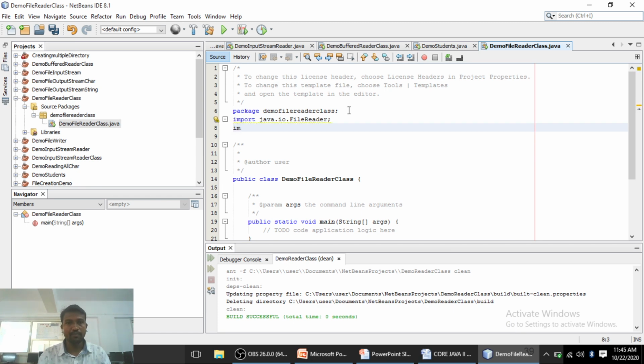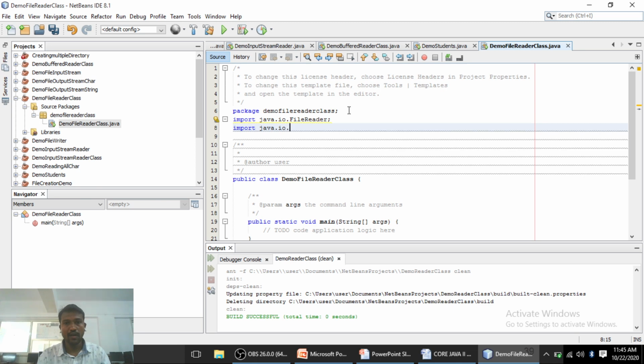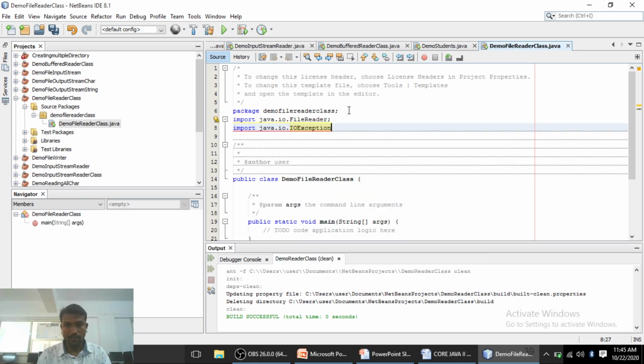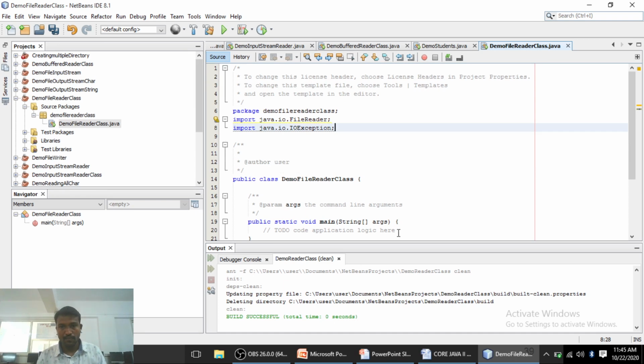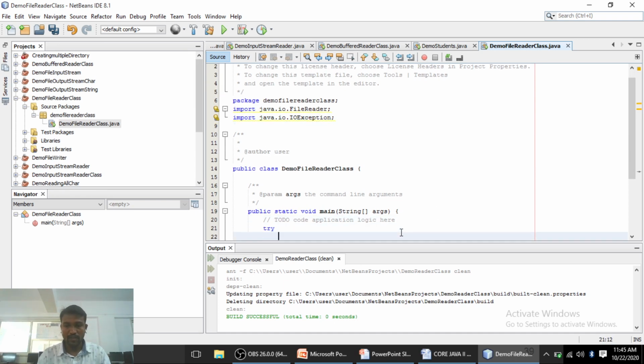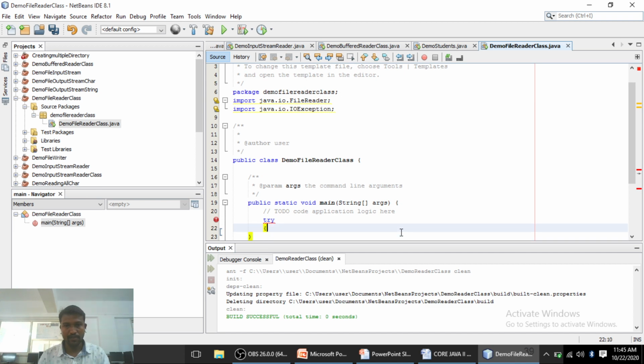The next line, import java.io.IOException. Here we are going to work with exceptions with the help of try-catch.